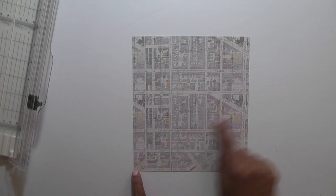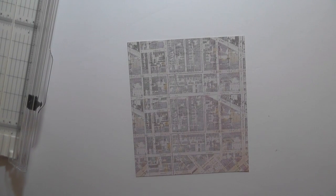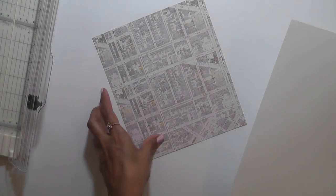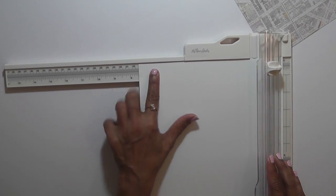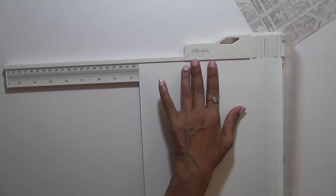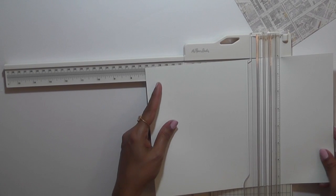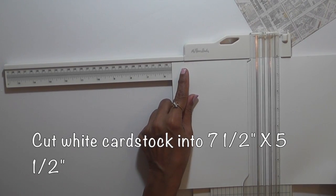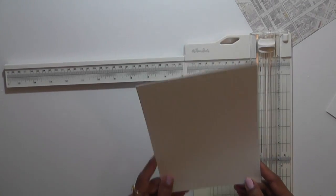Now we are going to make diagonal pockets for our page. So let's see. Take your white cardstock. On this cardstock, we are going to measure over 7.5 inches and cut it. And on this side, measure over 5.5 and cut it. So we'll have this piece, which is